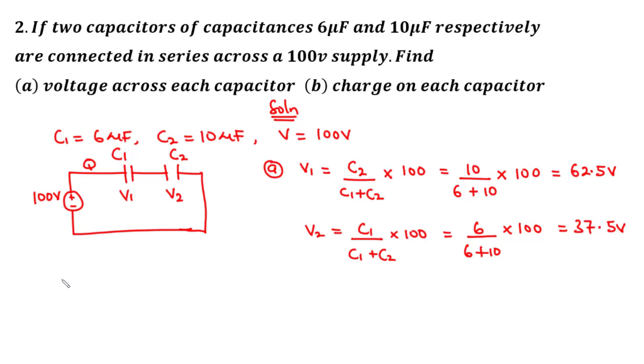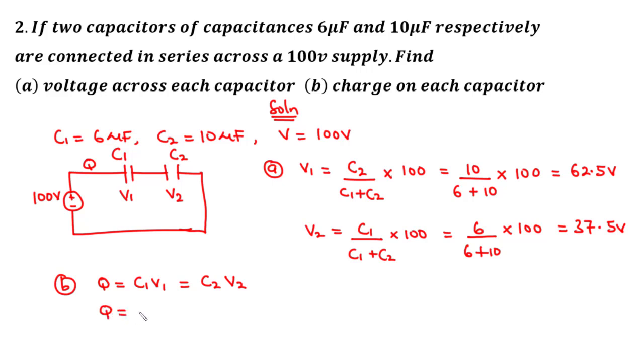Now let's move on to B, where we want to find the charge on each capacitor. For capacitors in series, we have the same charge on each of them. So this literally means that we can say Q is equal to C1 V1, and that is also equal to C2 V2. So we can use any of them. Assuming that we use C1 V1,